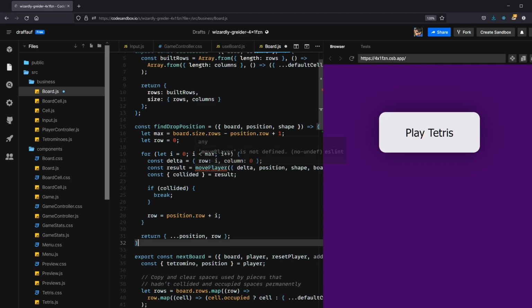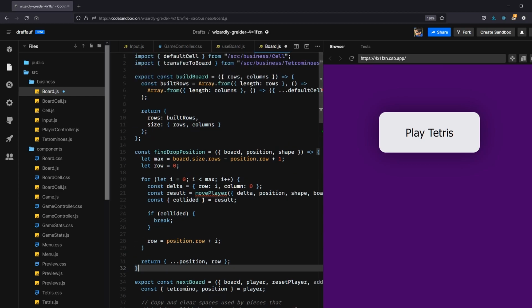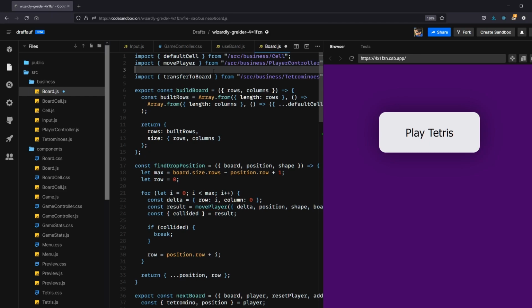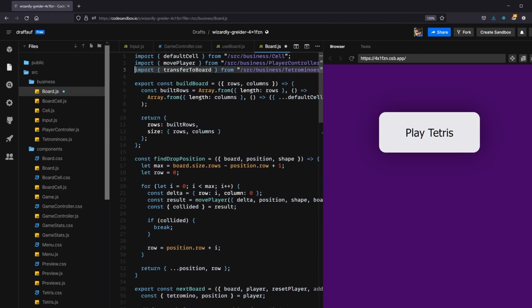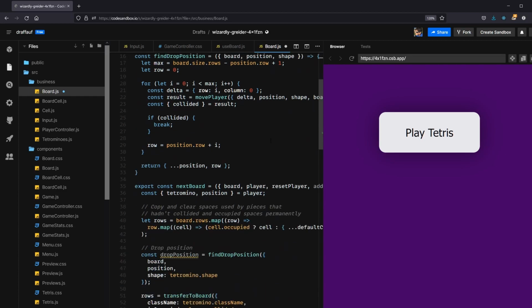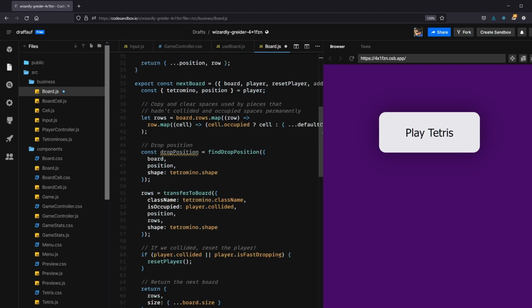So again, we're looking ahead at all the rows and then trying to figure out where the collision would happen, and then place it one row before that, basically. And we have to import move player from here, from player controller. So now we have our drop position using find drop position. And then with that,